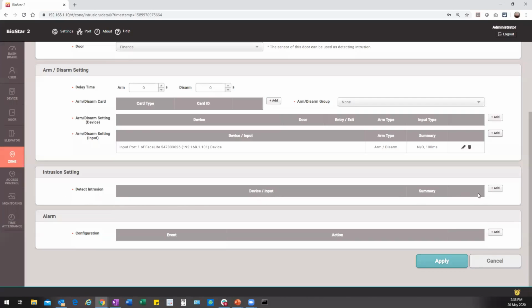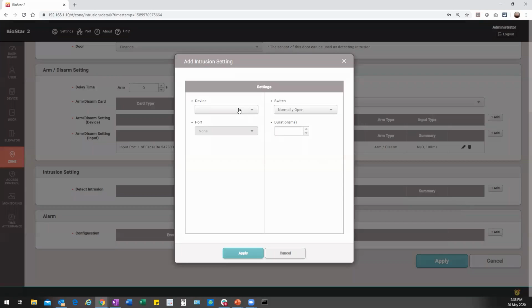Intrusion setting detection. So once the detection is received